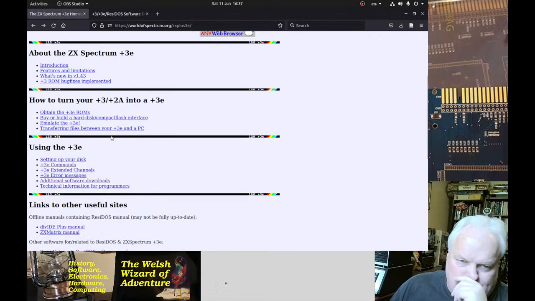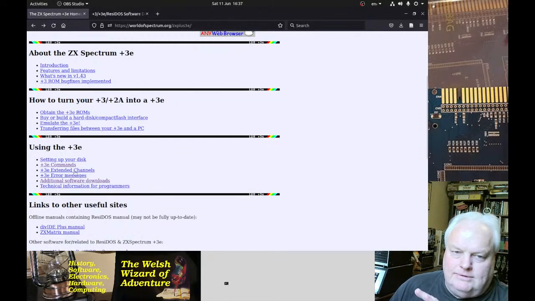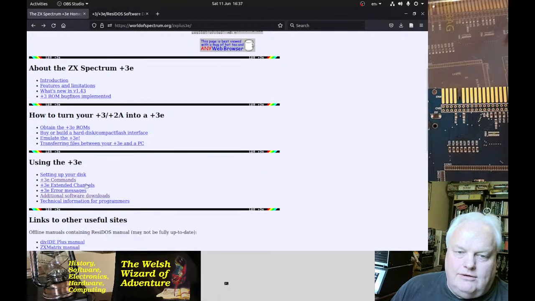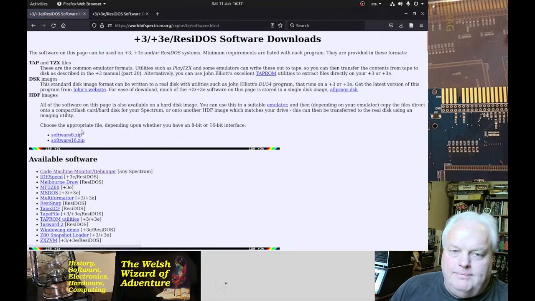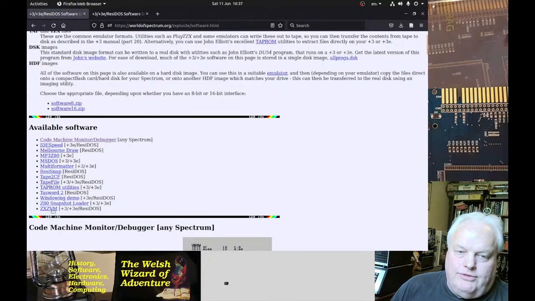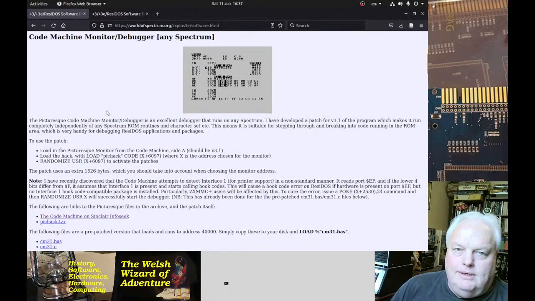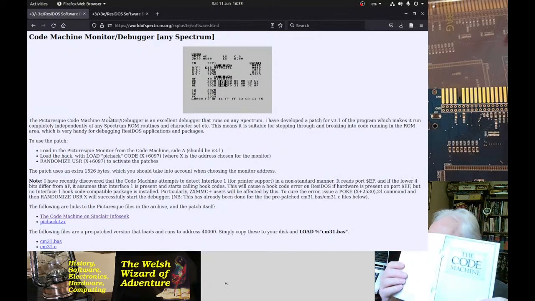So hidden on this page, which you may not know, is if you do want to see anything about some of the commands, a lot of the differences to NextZXOS are in the documentation, but some of the underlying stuff is also applicable from here. So like the +3 commands and things like that, they're useful. But there's an additional software downloads page here, and there's a couple of useful things. Obviously ZXZVM is included with the release, but there's a little bit about the Picturesque code machine monitor as well. That is quite a handy little program, which allows you to